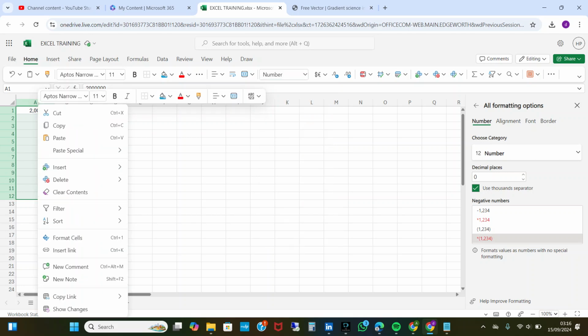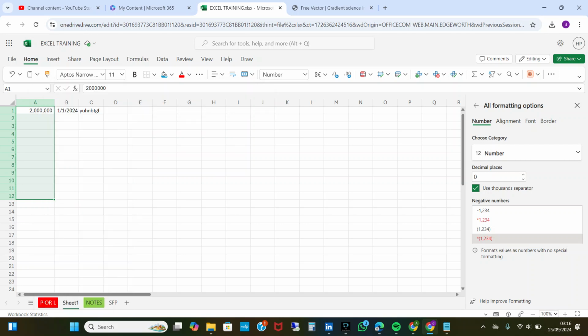That's one way. You can also go the other way. You right-click on those highlighted cells and then you come to Format Cells. Okay? Format Cells. So that's another way to get to this place where we are. Another way, a shortcut for those that are interested, is Control 1. Okay? That gives you your